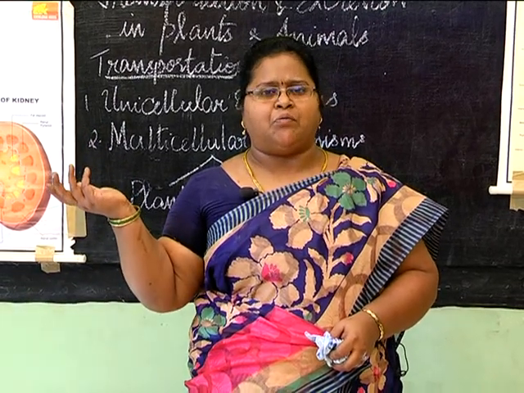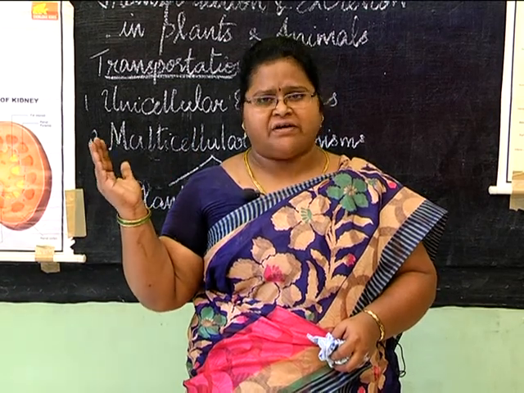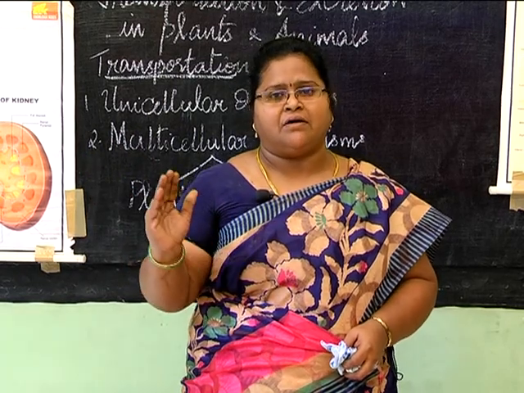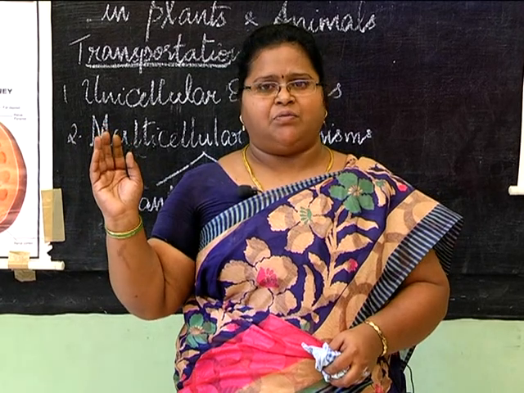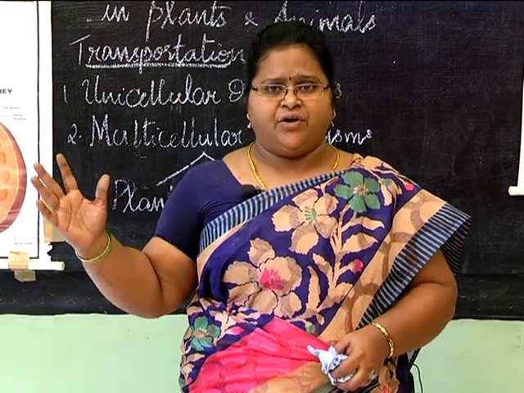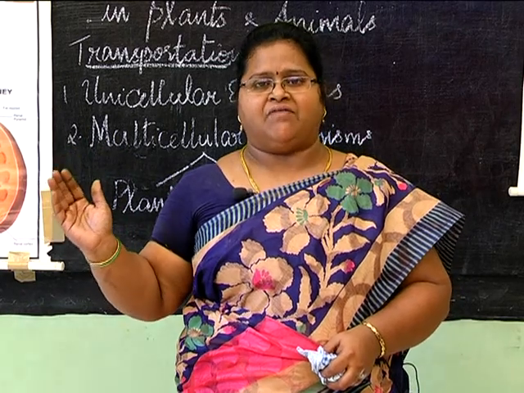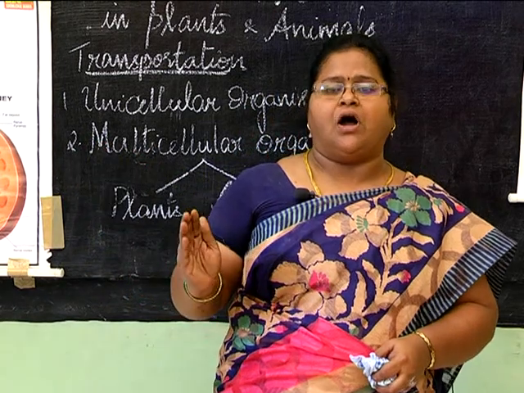So what do you mean by ammonotelic organisms? All those organisms that excrete ammonia as their excretory waste product, you classify under ammonotelic organisms, because ammonia is not soluble in water that easily and needs plenty of water for its excretion. Most of the aquatic organisms have ammonia as a toxic product and excrete ammonia by dissolving it in water